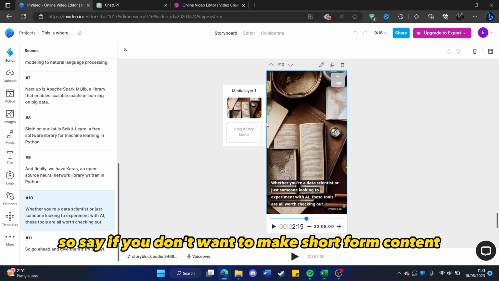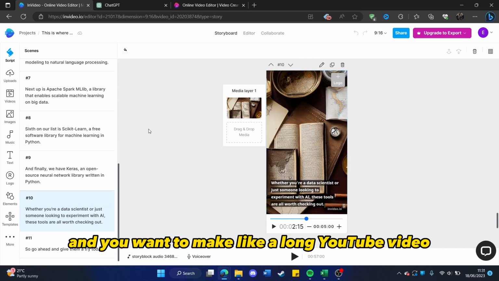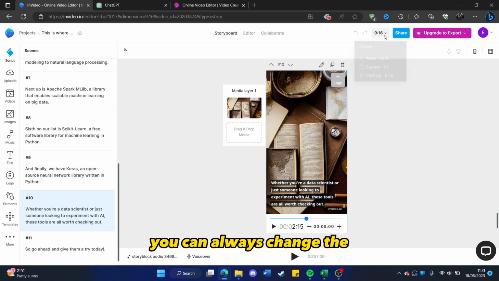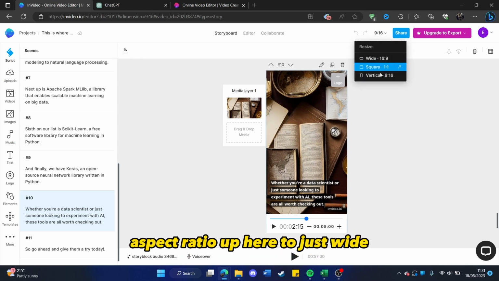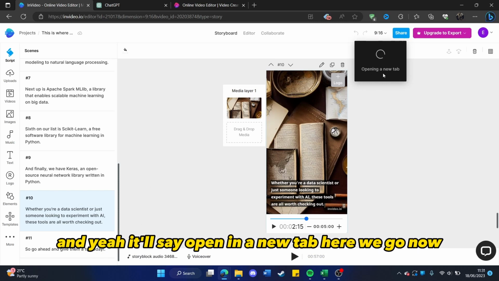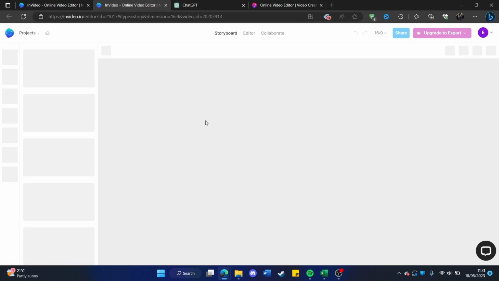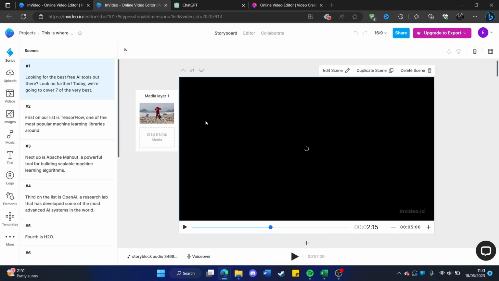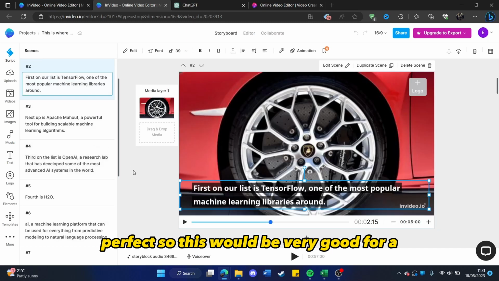So say if you don't want to make short form content and you want to make a long YouTube video, you can always change the aspect ratio up here to wide. And yeah, it'll say open in a new tab. Here we go now. Perfect. So this would be very good for